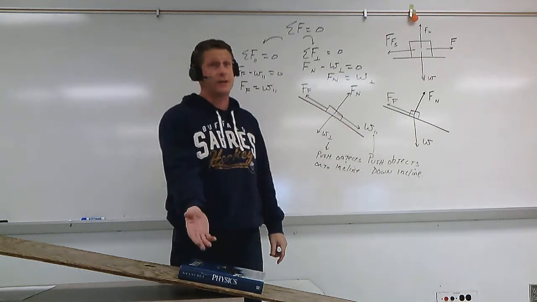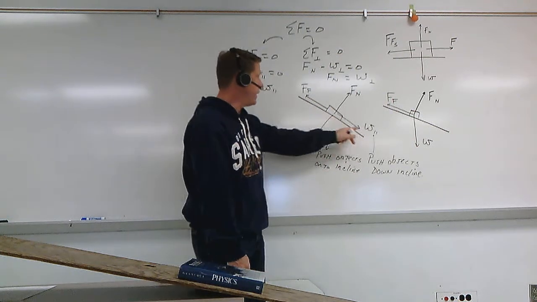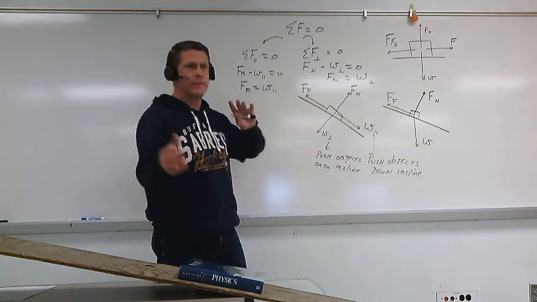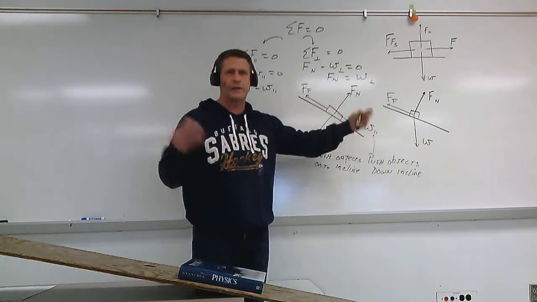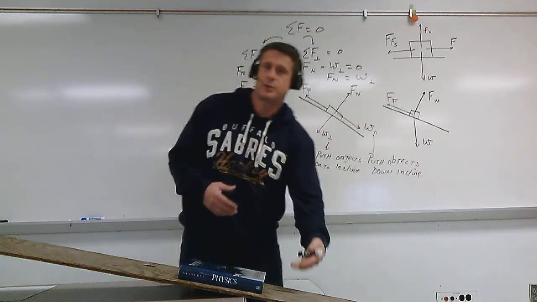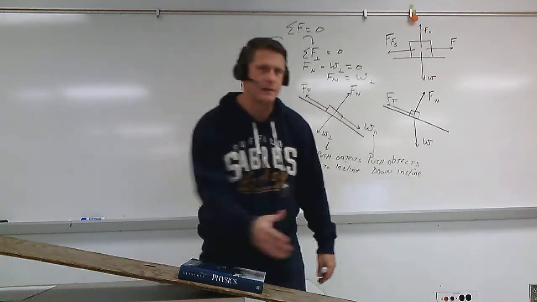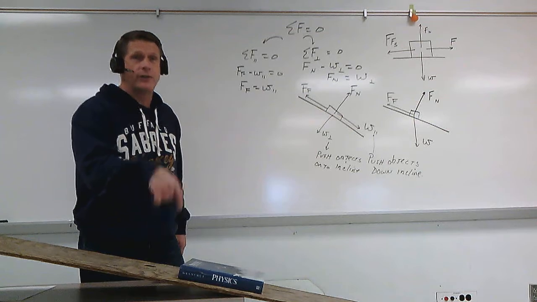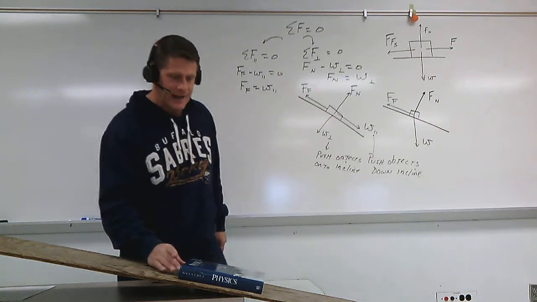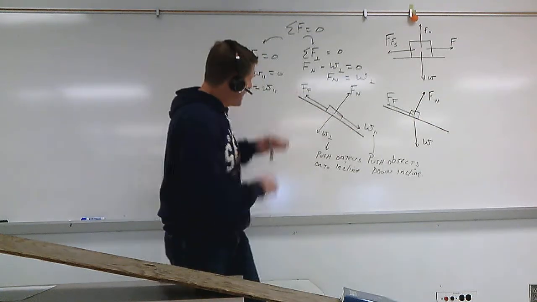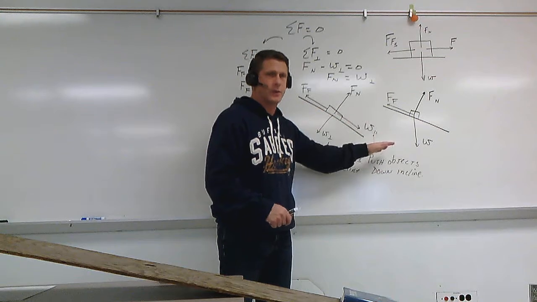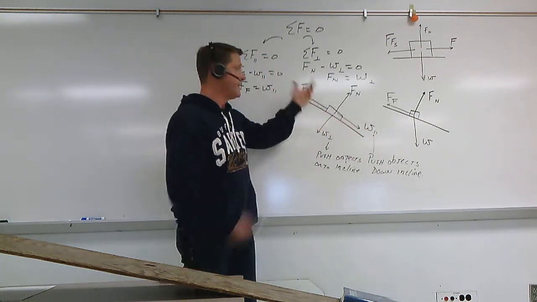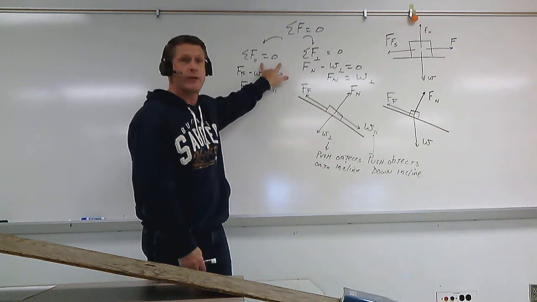Right now, for this textbook, the parallel component of the weight is equal to the friction force. But if they become out of balance, then we're going to accelerate down the incline. Now, sometimes we get forces that push up the incline. Sometimes we get other forces that push down the incline, right? So in other words, right now, how can I put this thing out of equilibrium? If I go this way, then I'm adding an extra force down this way. So my force plus W parallel was bigger than this, and therefore